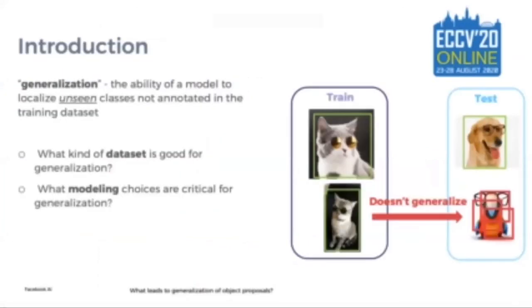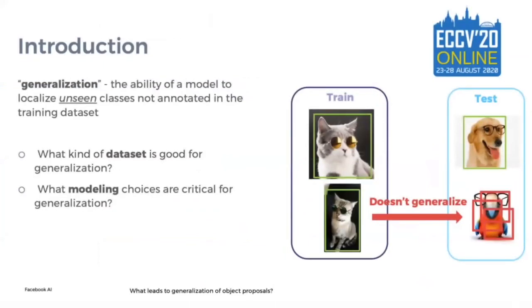In this paper, we studied generalization of object proposals. We define generalization as the ability to localize unseen classes. Our contributions are twofold. We provide analysis on both dataset properties and modeling choices that are critical for training generalized